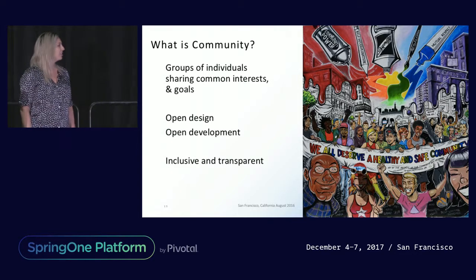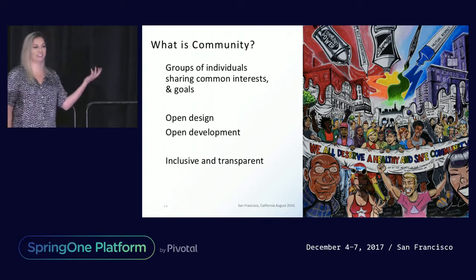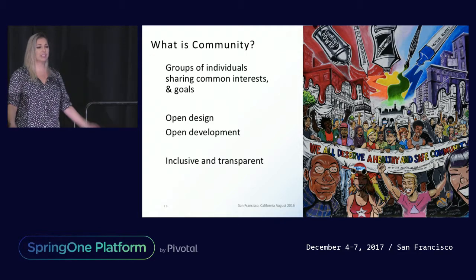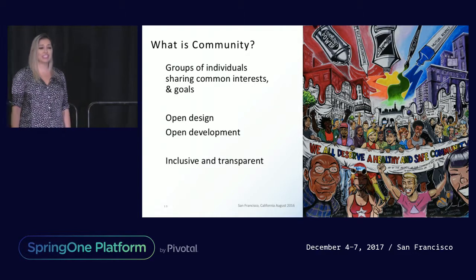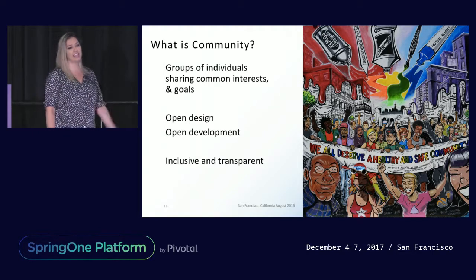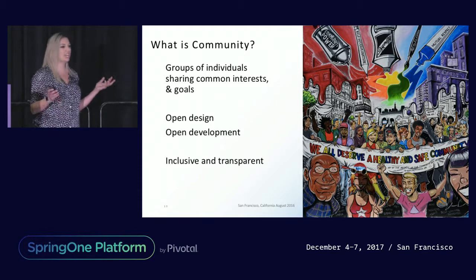Open source communities are groups of individuals that are working towards a common interest. Similar to any community, you can find them locally, you can find them globally. They have open design, open development, open transparency. Some of the communication between them goes on mailing lists or IRC. A lot of that information is archived or available later. It's designed so that people can chime in whenever they want from anywhere in the world.